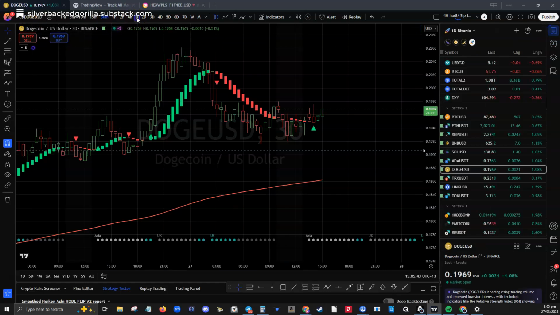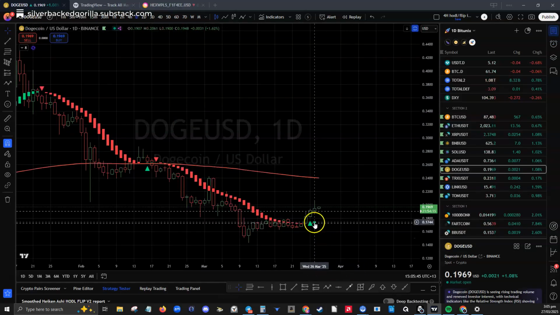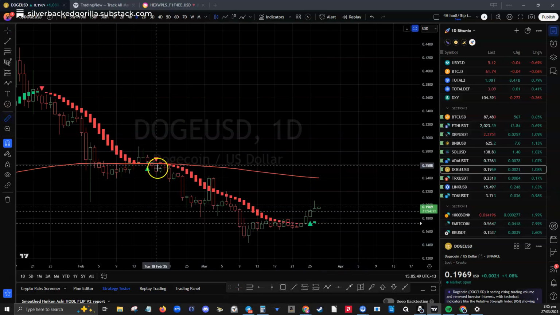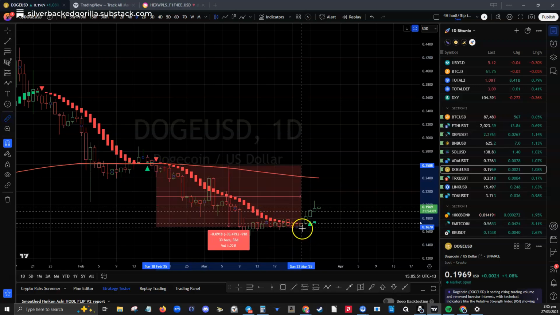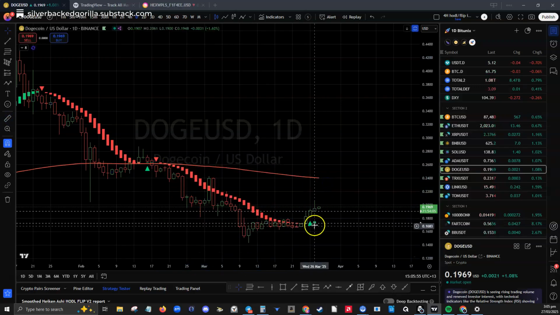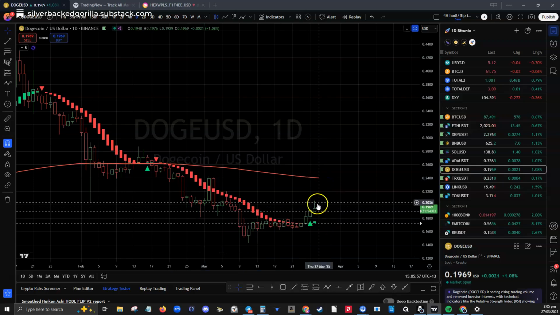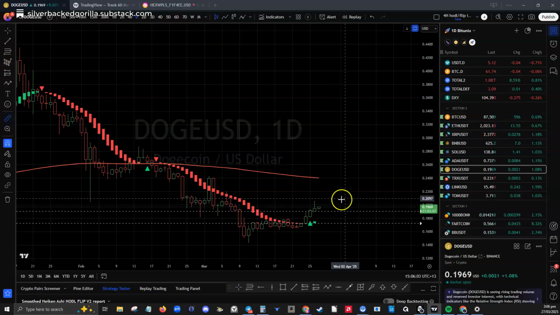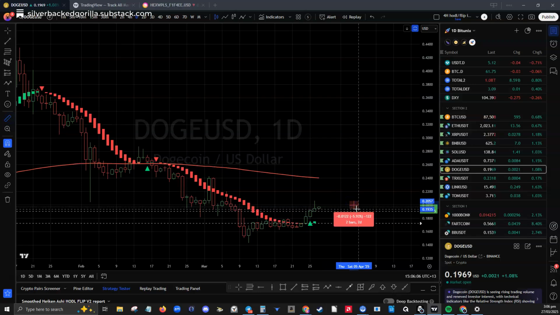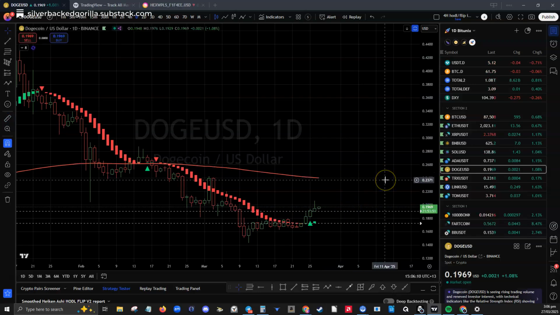There's Doge. There's the 1 day. You know, it just changed after 33 days. Over a month, and it just changed green. Got a little bit of a pump and a bit of a pullback. So it pumped up to there. So we've allowed it to pull back, you know, 6%, and then we've just jumped in.